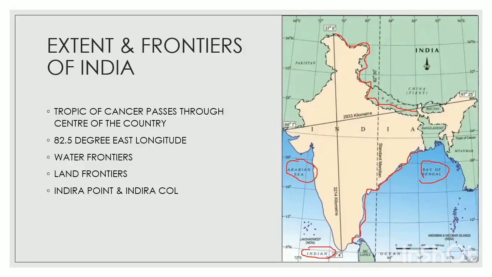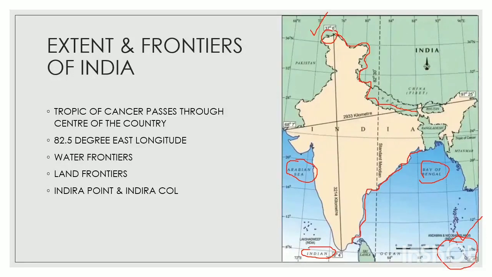Okay. Now the next point that we're going to study is Indira Point and the Indira Col. So where is this Indira Point? When you come back to the land there, we have the Andaman Nicobar Islands. Indira Point is the southernmost tip of India, and it is in the Andaman and Nicobar Islands, the Nicobar Island that we are speaking about here. Can you recognize that? We have Indira Point as the southernmost point of India. We said northernmost point of India, it is in this region where we are going to mark it here. So that is the Indira Col, the northernmost point of India.